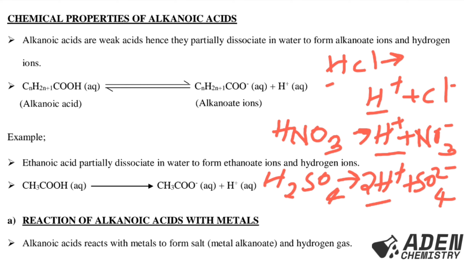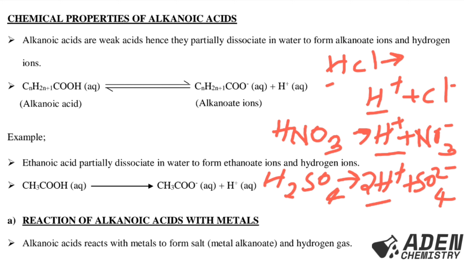So such like that, even alkanoic acids are going to have hydrogen ion. For example, the general formula for alkanoic acid is like this. When it dissociates, it just puts this hydrogen aside, and the remaining will give you alkanoate ion. So that means alkanoic acid behaves like hydrochloric acid when you are writing chemical reactions or chemical equations, or like